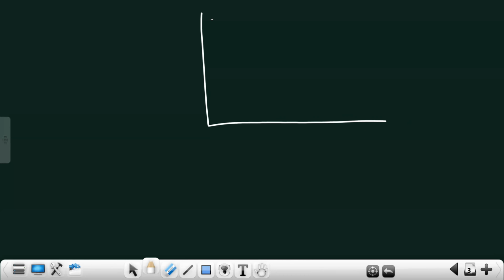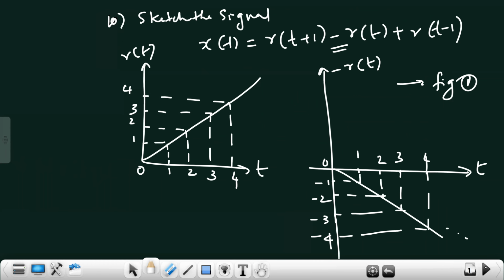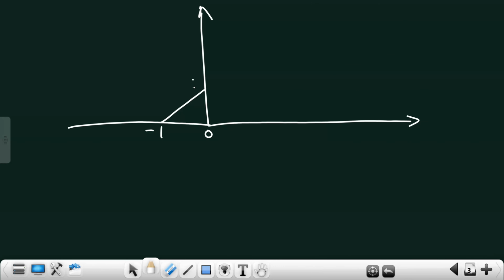So from where should we start? From which extreme value you should start? Comparing the three figures, it is understood that from -1. The second figure is starting from -1, so you will be starting from -1 only. So from -1 to 0, you will have the same graph. From -1 to 0, the same graph will appear when you add all the three graphs, because you are not having any other values in the remaining two graphs. So it will be like this.